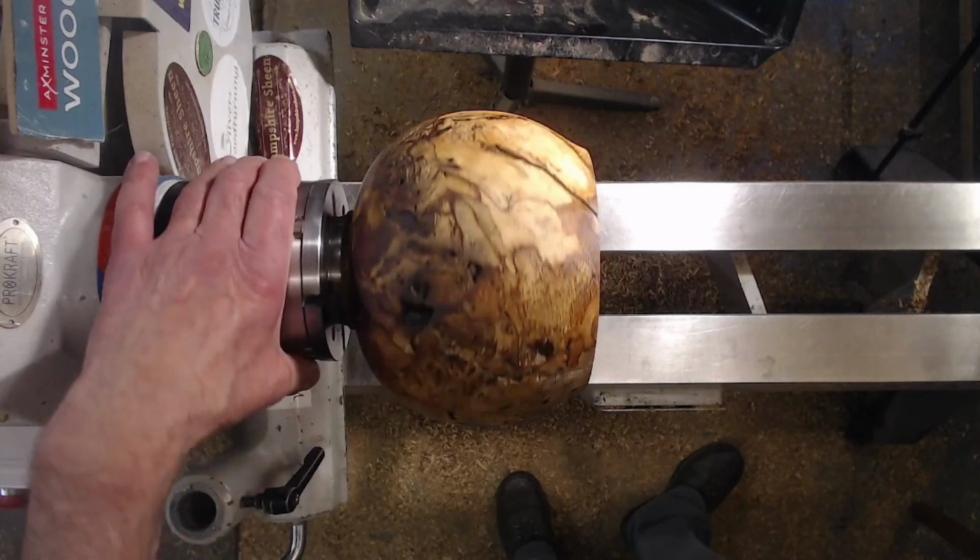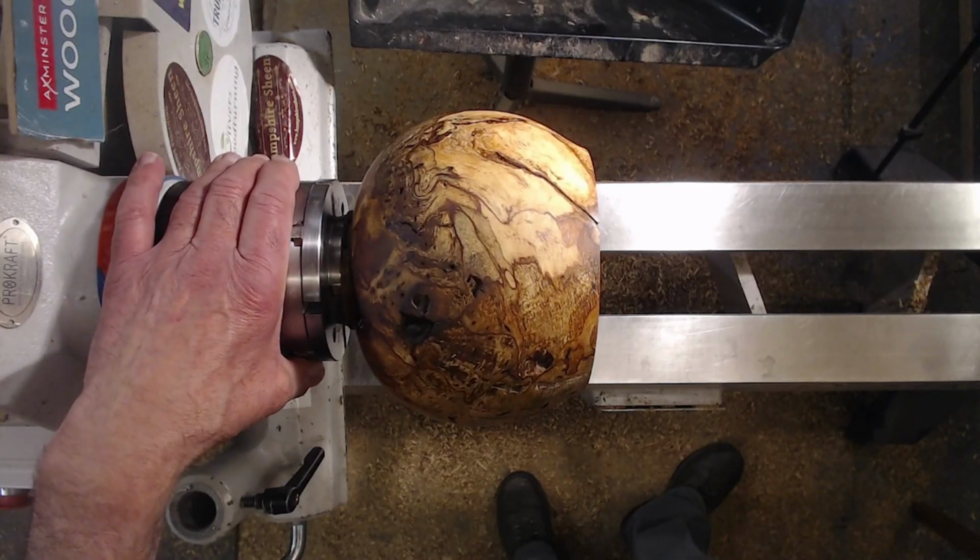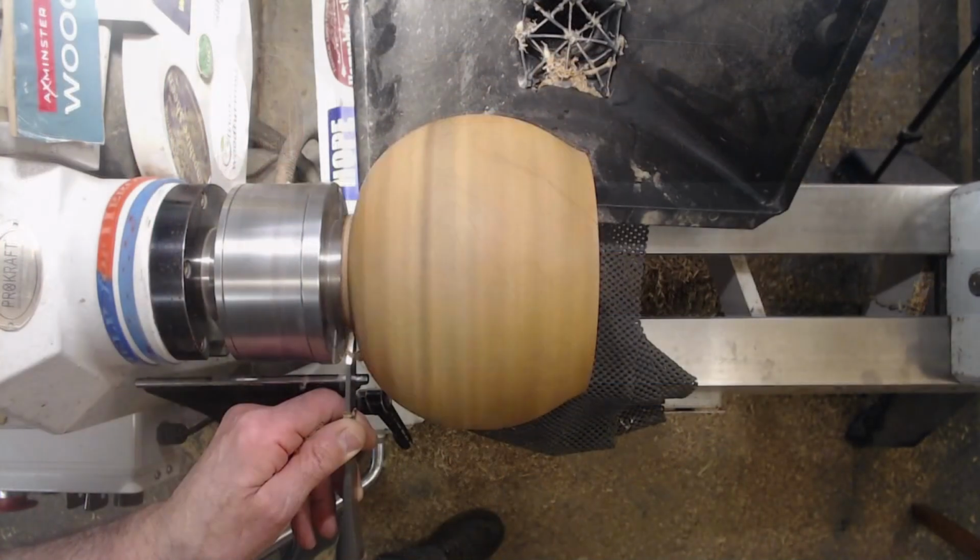Lovely piece of wood. So what I'm going to do now is part him off and the job will be finished. Apart from